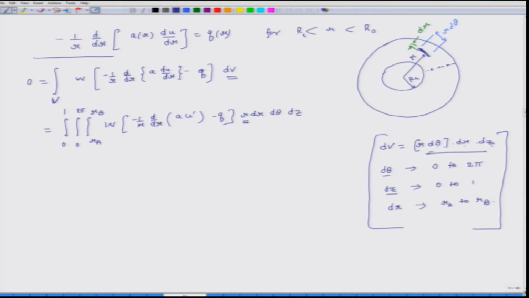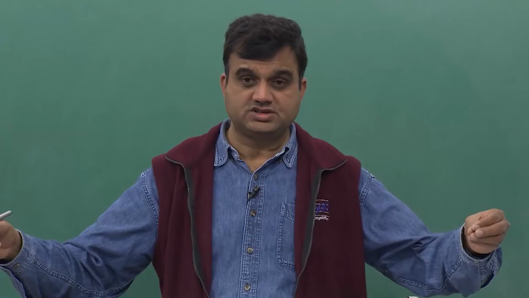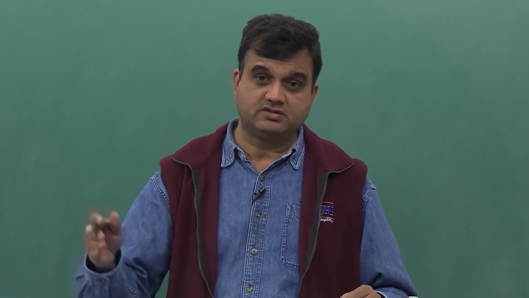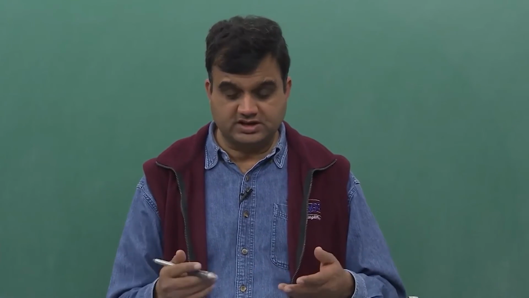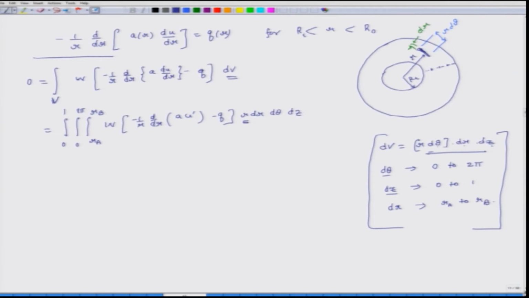This is how, for the cylindrical geometry which is radially symmetric, when we do this weak formulation, this extra r term comes. If we had done it for a Cartesian system, it would have been just dx times dy times dz. So, there is no extra dimension, but here we have this thing. That is why I wanted to cover this: for a cylindrical system which is radially symmetric, we have this type of formulation.